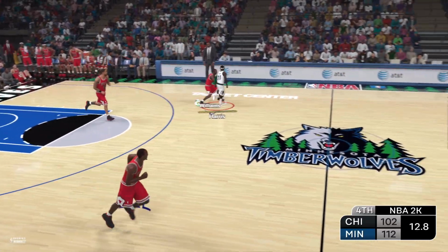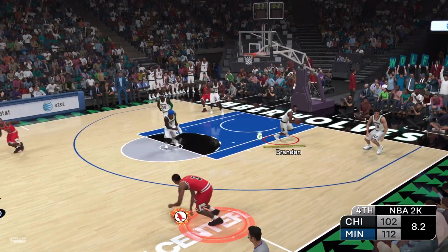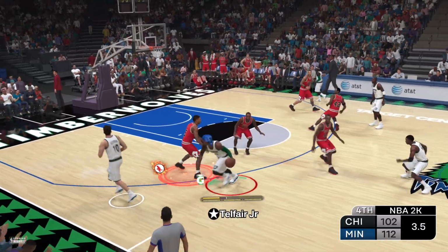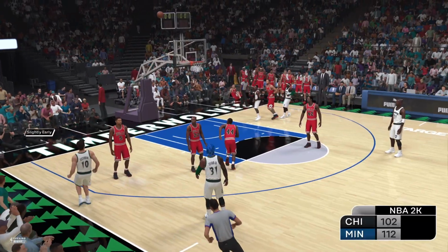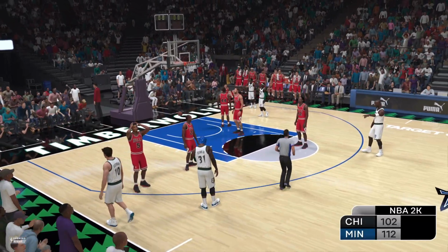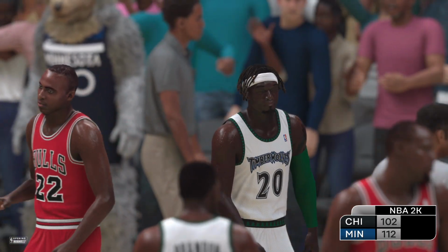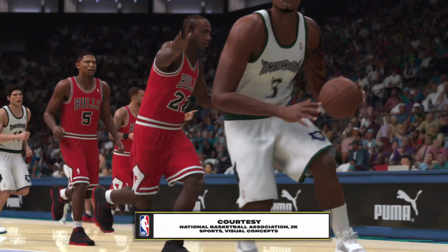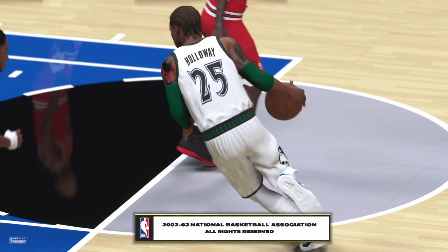There's 14 seconds left in the 4th quarter. Fires from deep. And so it's the Timberwolves taking care of business here. A confident win and one where they clearly showed the greater effort. Yeah, I mean, it was a solid performance, particularly here at home. And I think they built off that edge of being here and played with just a little more confidence than their opponent. And that about does